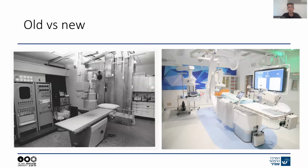That's our Azurion system. So take a look on the left-hand side. That's an old cath lab. The basic equipment that you need for a cath lab is basically a source of energy. The source of energy is coming from below, and you have your intensifier that absorbs the energy. And remember that the patient is lying on this table or cath lab bed, which can also be moved sideways. And all this equipment in the back,